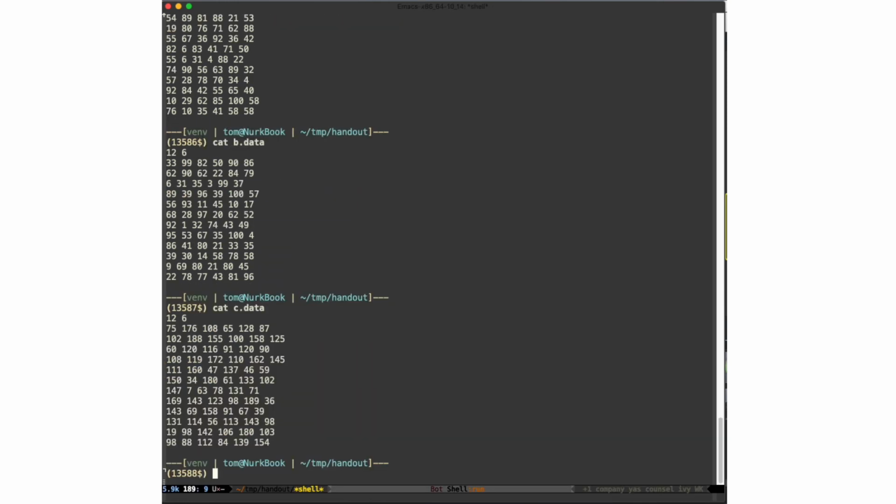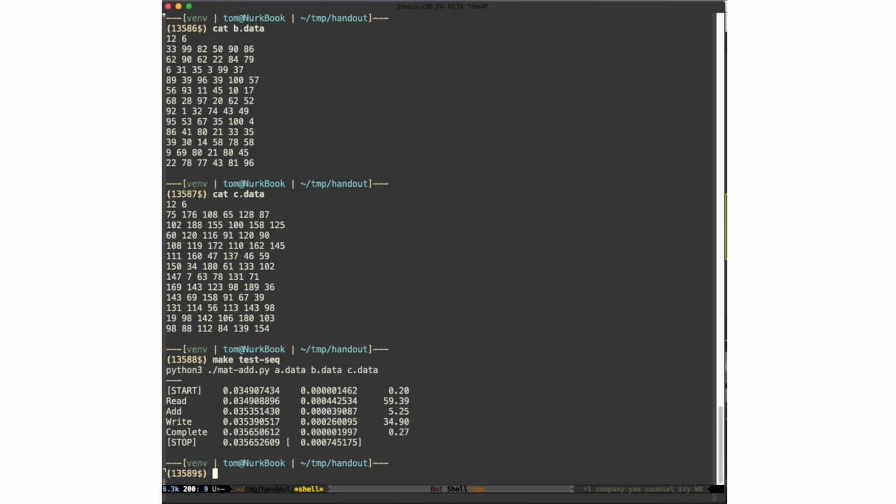Okay, so what about this? Let me run that again so we have a current version of it. What about this crazy output here? What I wanted to do was give you a little tool to help you measure different parts of your algorithm as it's executing in parallel. So I've created this thing that I've called multi-timer or something like that. And what it does basically is it gives you a real-time, fairly high precision clock that tells you how long things are taking. So the output here, when it starts, it creates its own log entry that says when it started,